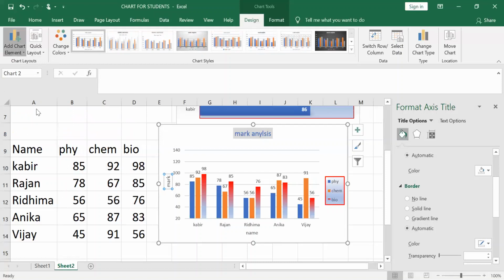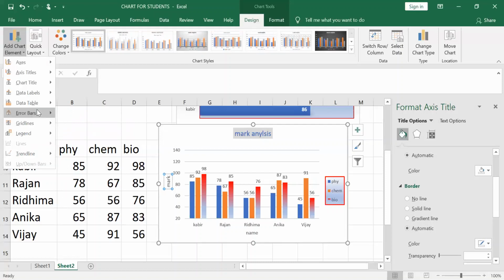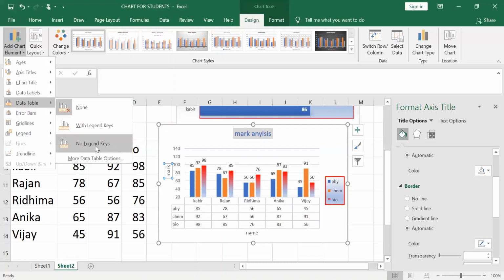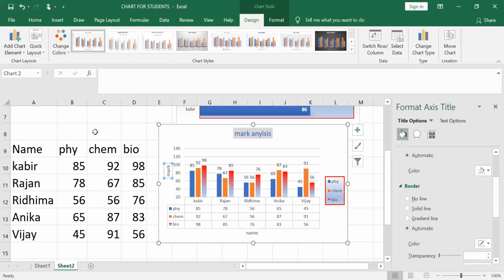Now same way, data table. If I want the data series along with the chart, then Data Table. Just you look here, with the legend key, you can see the data table is added here.